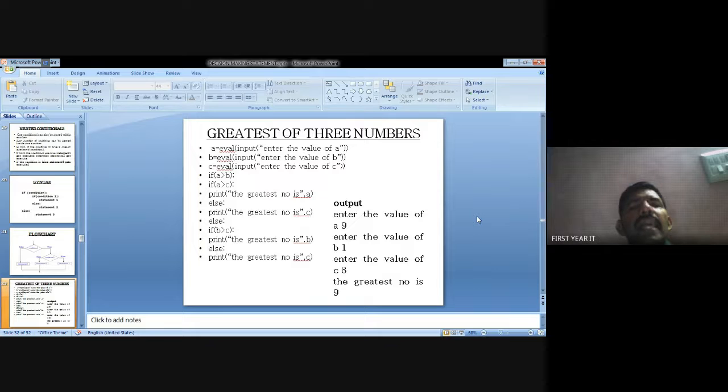Again, if A greater than C: 9 greater than 8, the condition is true. Print greatest number A. So A is 9, and compared to it, the B and C values are much less, 1 and 8. So A is the greatest, print A is greatest.